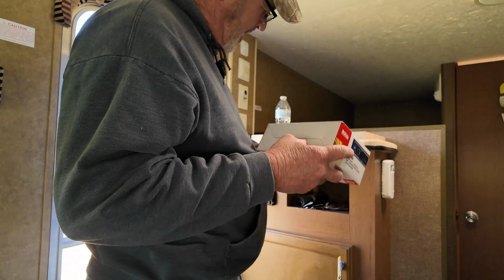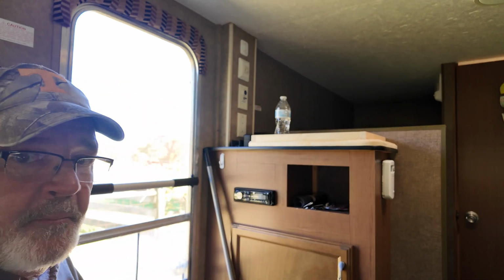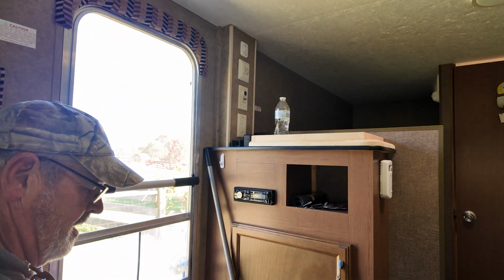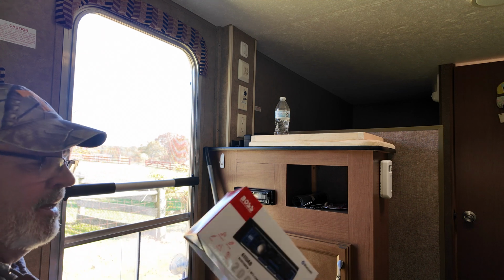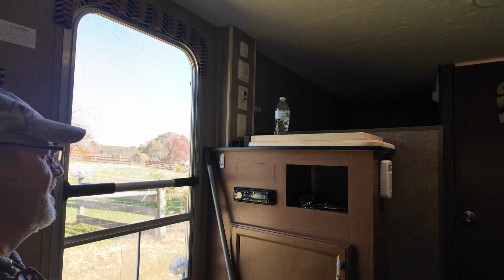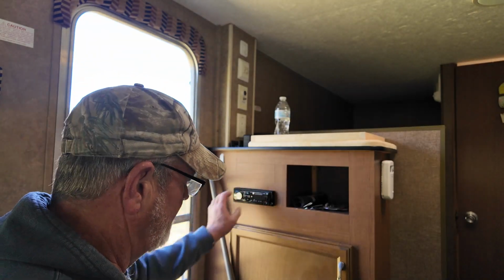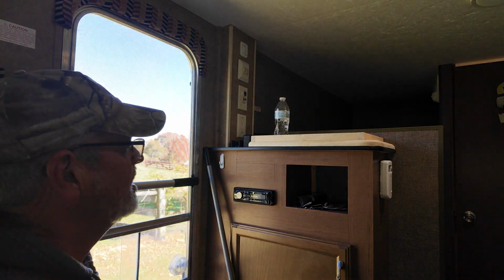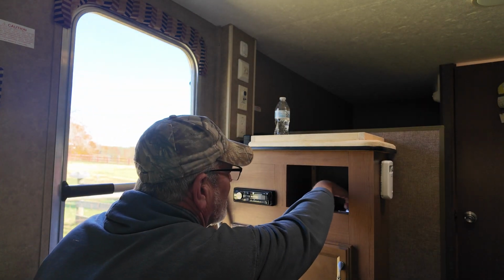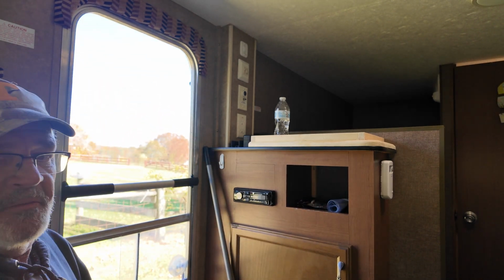Now, the next thing I want to do is change the radio in this camper, okay? There was something wrong with the radio when I bought the camper, and I bought this new radio. It's Bluetooth MP3 compatible. I didn't pay a whole lot for it. I got it from Amazon. It's a Boss. It doesn't have to be loud. I just like to have a little music when I'm out and about, and somewhere there has got to be a tool to take this radio out. Somewhere. I think I've seen it in here somewhere. I need to find it. Let me look around for it. Oh, I think it's in the...